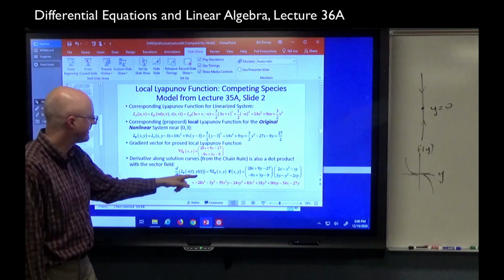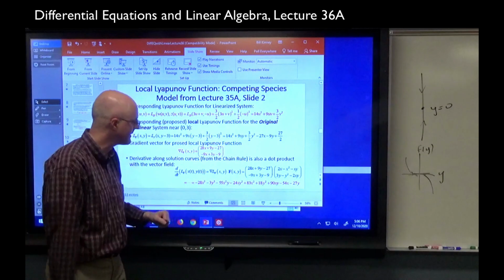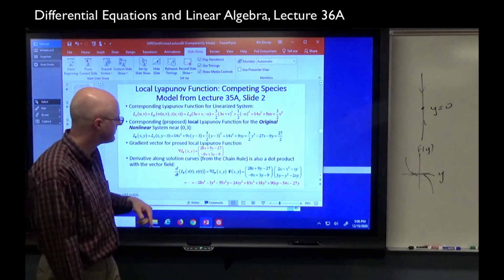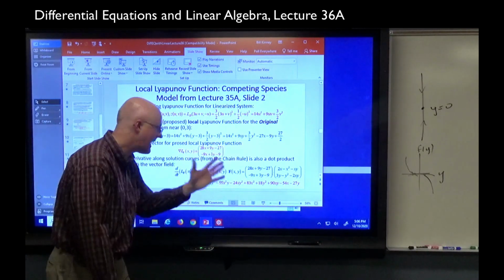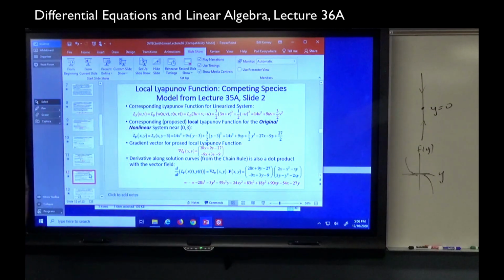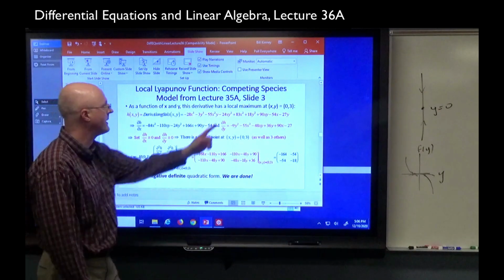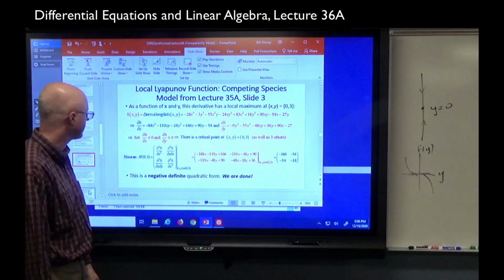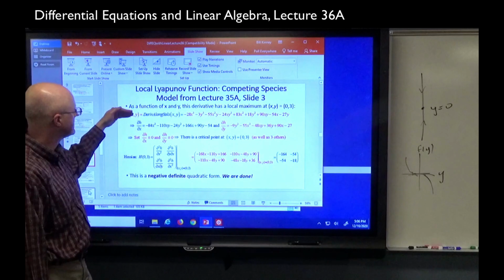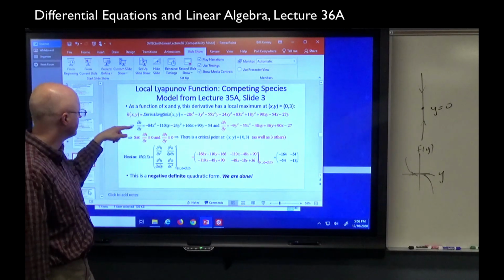I take this derivative by taking the dot product of the gradient vector with the vector field. I haven't really talked about that, but that is one way to think about the chain rule. And you get this thing, which is not a quadratic form. In fact, it's got some cubic terms. And then I can show that that has a local minimum at the point 0, 3, and in fact even equals 0 there. Here I took the derivative along solution curves, that last function there, and differentiated it with respect to x and y,